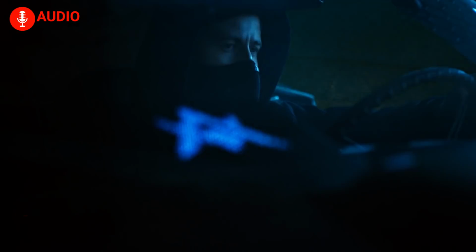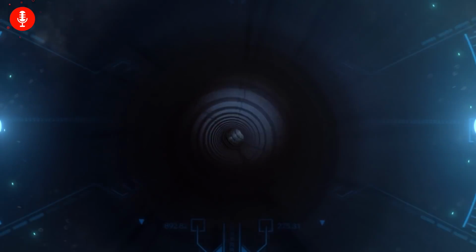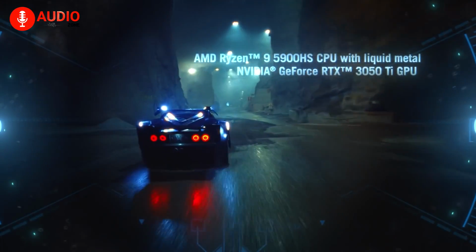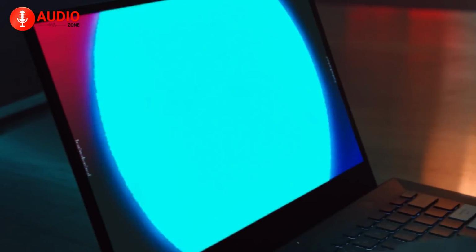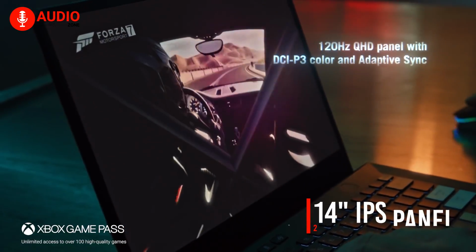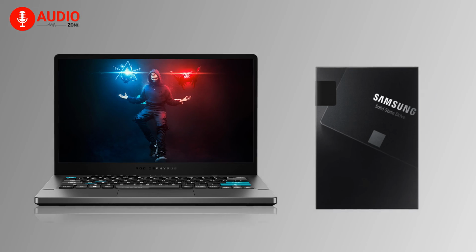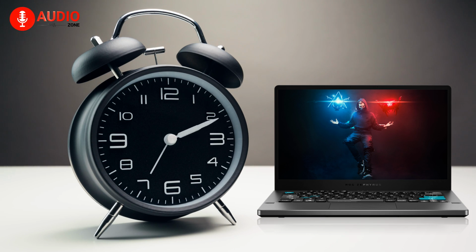In terms of hardware, it comes equipped with an AMD Ryzen 9 5900HS CPU and an NVIDIA GeForce RTX 3050 Ti 4GB GPU combined with 16GB of RAM. The beautiful visuals on this laptop screen are powered by a 14-inch IPS panel with a 2K screen that has a fluid refresh rate of 120Hz. To top that off, it comes with a 1TB Samsung M.2 SSD